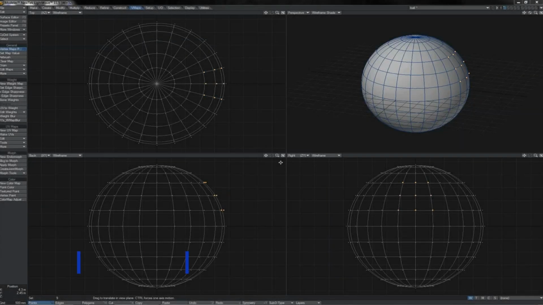We're going to take a look here at endomorphs in Lightwave. Endomorphs, or morphs, are Lightwave's version of what is commonly called shapes or blend shapes in some other packages, and you'll find that for the most part they behave in pretty much the same way. So basically, when you want an endomorph, it is a vertex map, much like a weight map in a way,